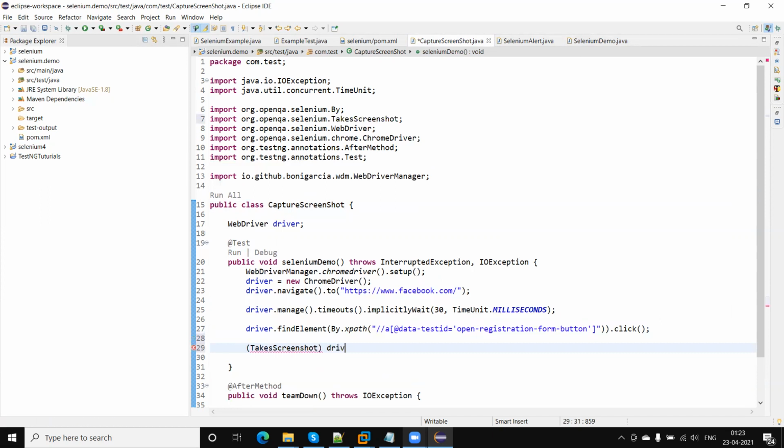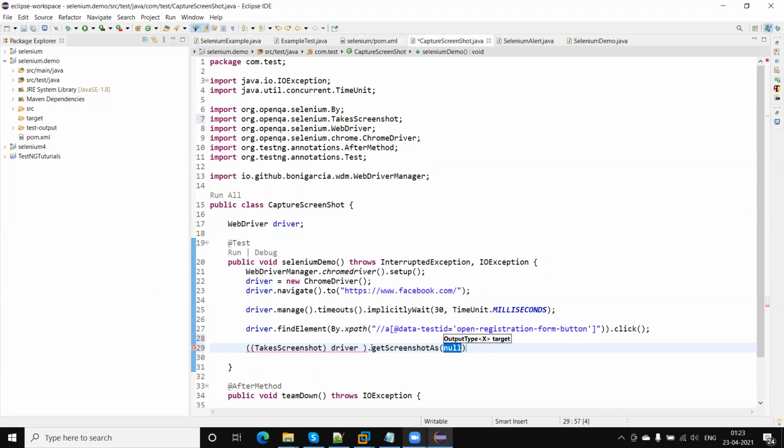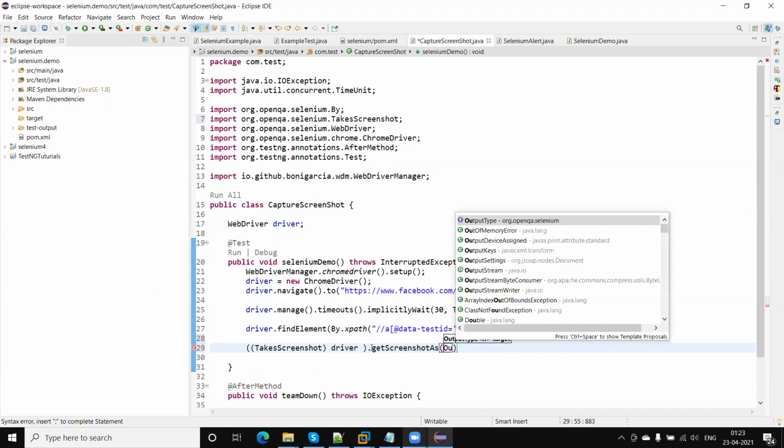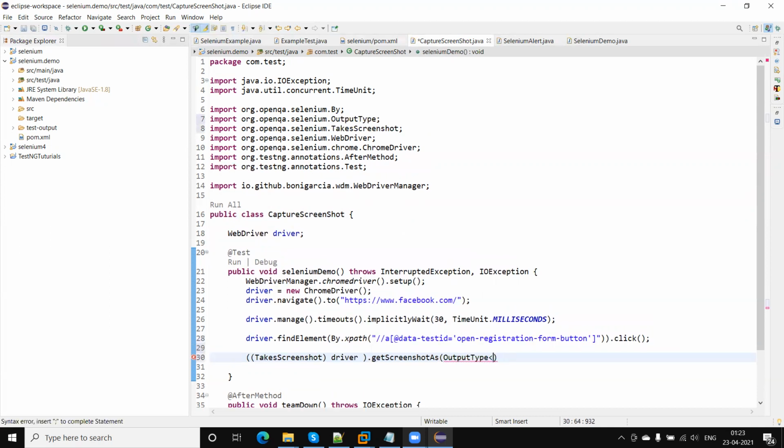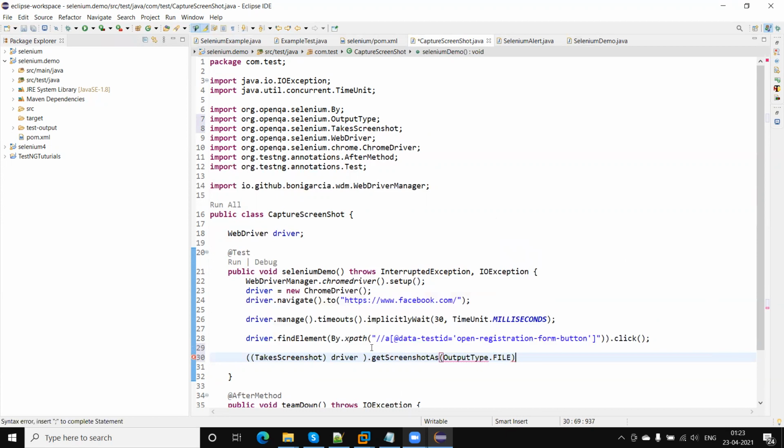I'm going to typecast the driver object, and then I can call here getScreenshotAs. Okay, this will accept the OutputType.FILE object, and then this will return a file screen object of the current page.